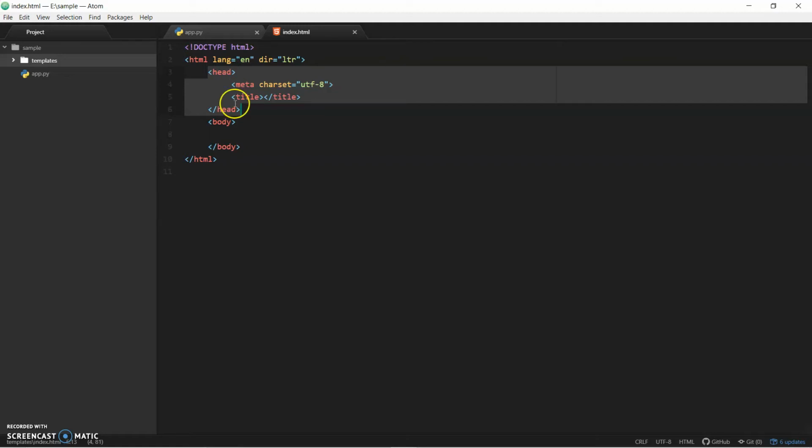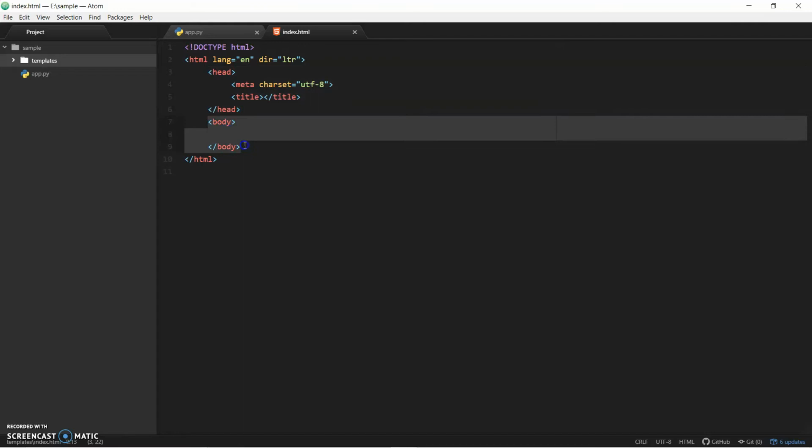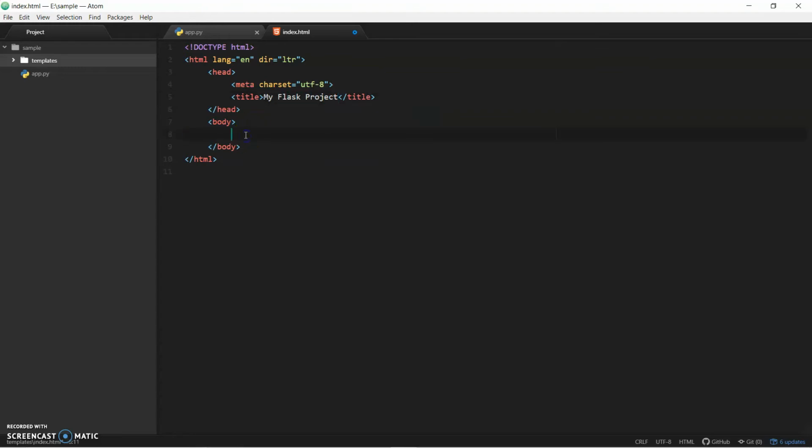Inside the body is where all our data that we want the user to see or read or view goes. I'm going to give a title, My Flask Project. Inside the body I'm going to give h1 and say we are using